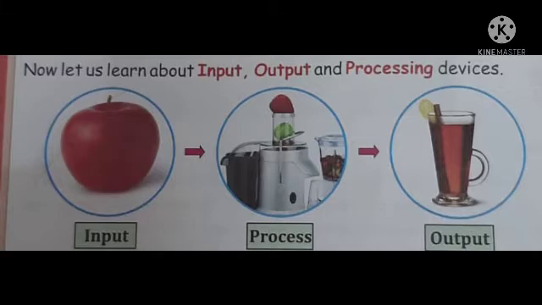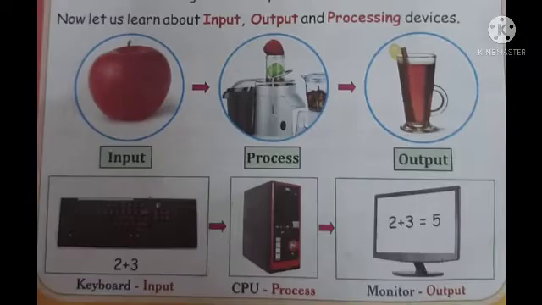The same concept is used in a computer. So first one is input device. Here the keyboard is used. This keyboard gives the numbers for 2 plus 3. Then the CPU does the calculation 2 plus 3. 2 in the mind, 3 in the finger. After that you do the sum by the method of calculation. But the computer machine does 2 plus 3 and finds the answer within a second.